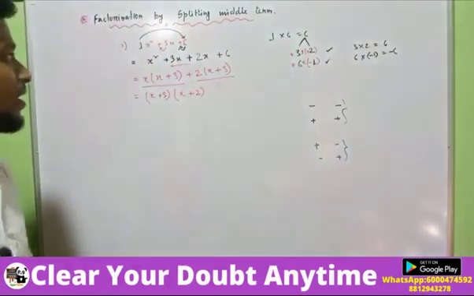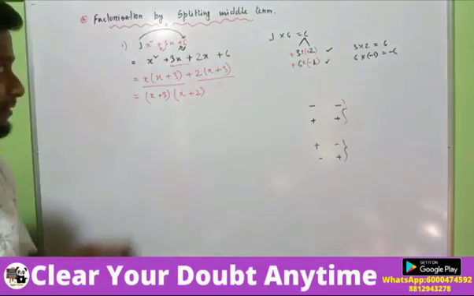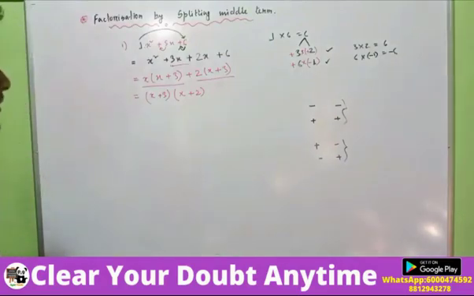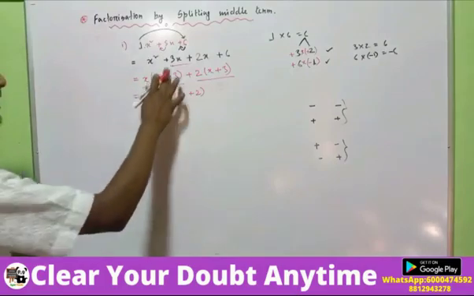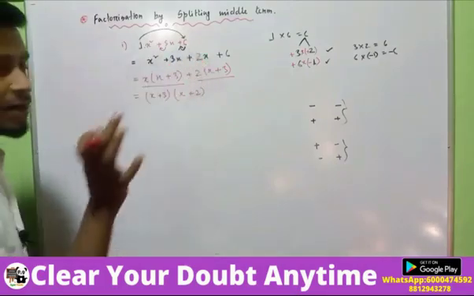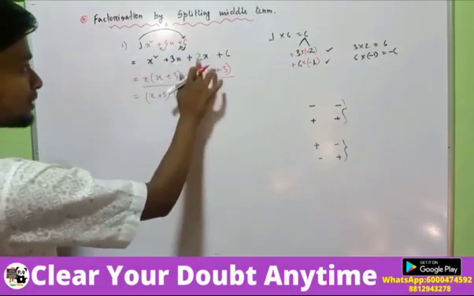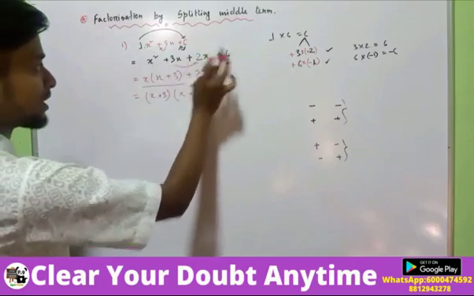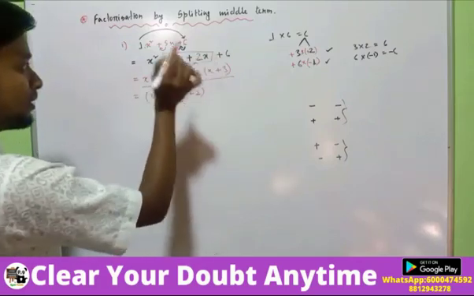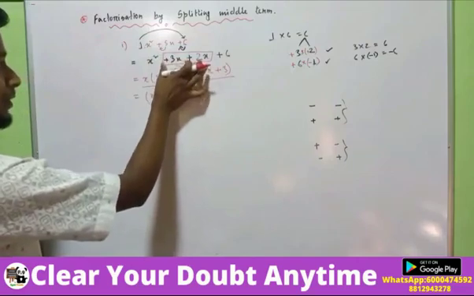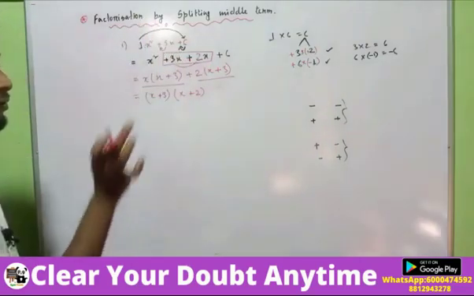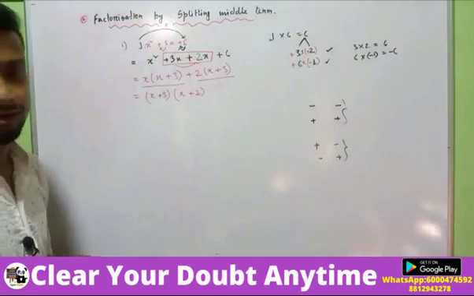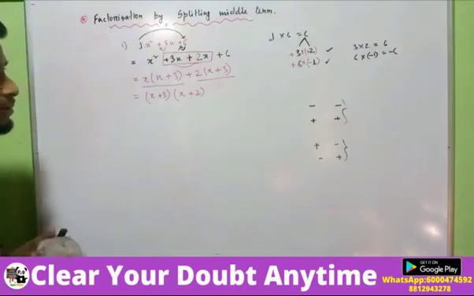So this is how we have to factorize. Always check on this step whether you are correct or not. Check your multiplication, whether it is correct or not, or do the operation again to see whether you get plus 5, whether you get the middle term or not. Alright, let's check some more examples.